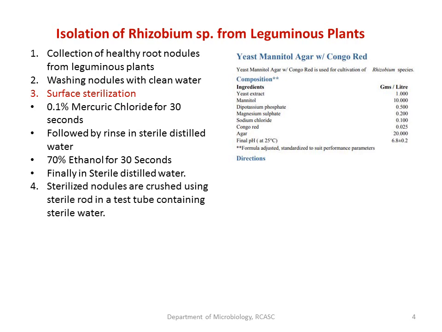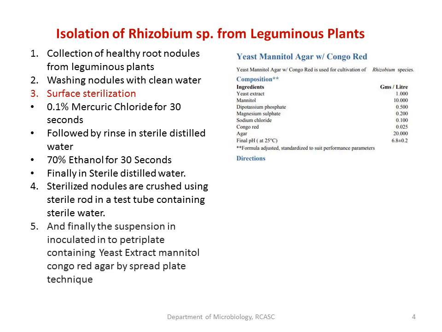These sterilized nodules are crushed. You can take out all these sterilized nodules into a test tube containing sterile water, and with the help of a sterile glass rod, crush these nodules inside the test tube. So once you crush these nodules, the rhizobium which are present inside the nodules are released outside, so that you will get one turbid suspension.